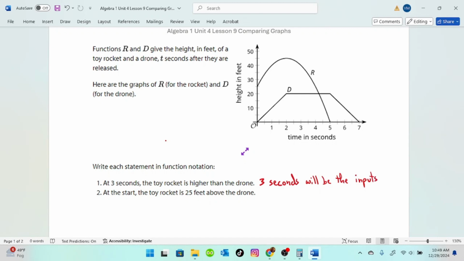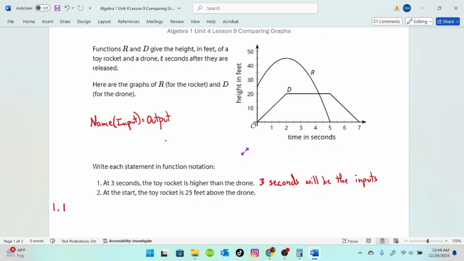And remember, function notation is name, input in parentheses, equals output. This time they don't give us an output, so all we really have is that the toy rocket,